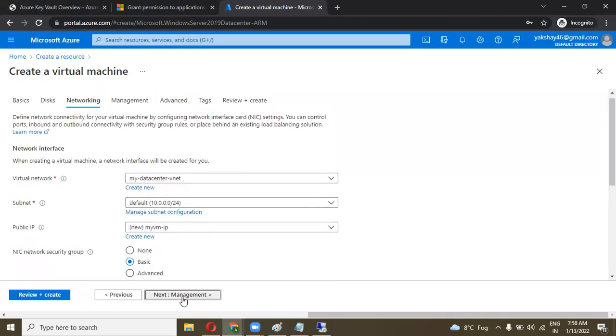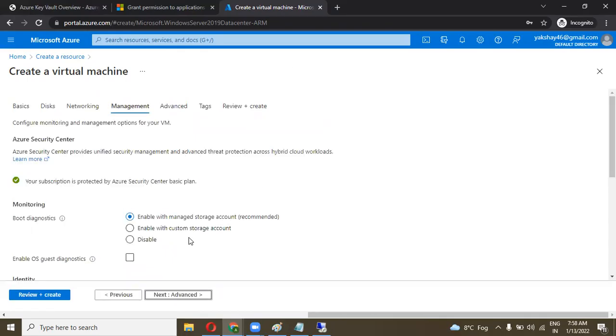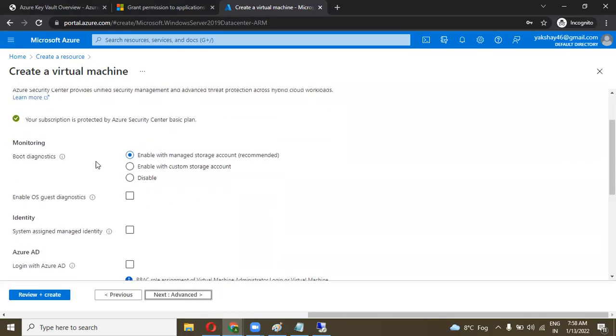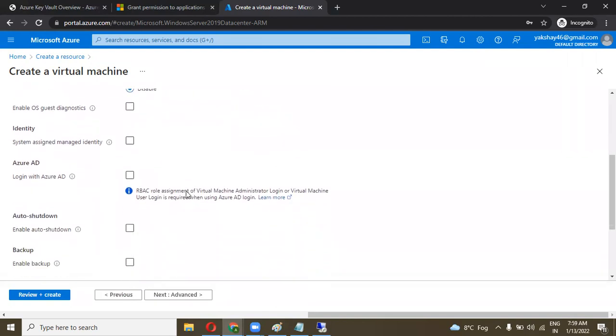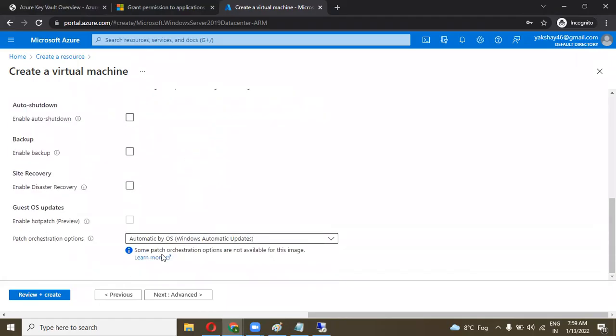Now go to the management. In the management, you can enable the boot diagnostic. Right now I am going to disable it, or I can enable it with a custom storage account. Okay, so now I'm going to disable it. Everything is set as default right now.